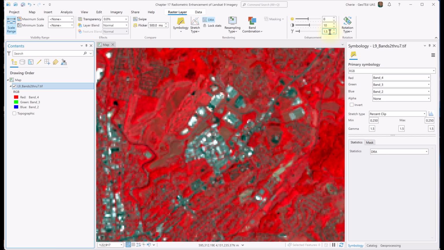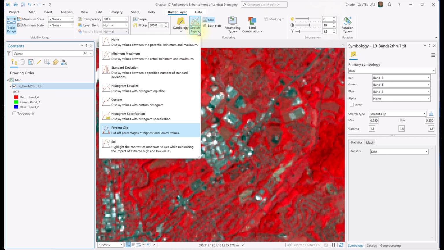Recall from your text, histograms plot the frequencies of brightness values with the digital numbers along the x-axis and the number of pixels associated with each digital number on the y-axis. Changing the stretch type changes the histogram and the image's appearance in the map viewer. Let's go to the raster layer tab, drop down stretch type, and here's a list of the stretch types and